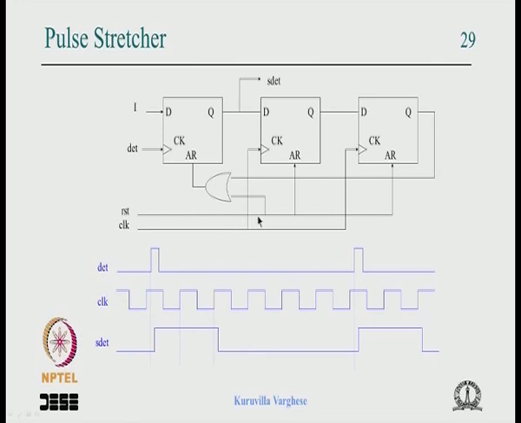So at the beginning everything is reset, and then the pulse comes, and it is stretched by at least 1 clock period. If you want to stretch it by 2 clock periods, you put 1 more flip flop and so on. Okay. Not a very practical circuit because there could be timing issues at this point when the input comes here